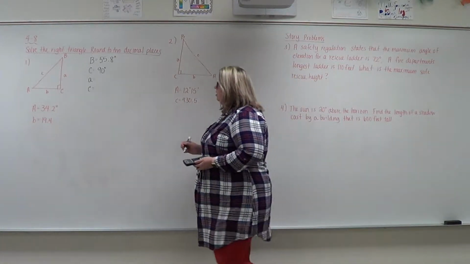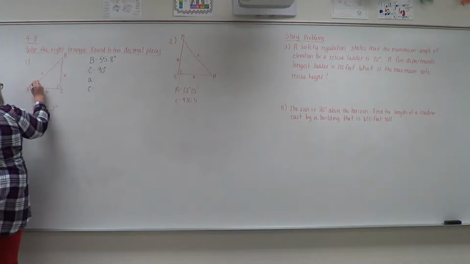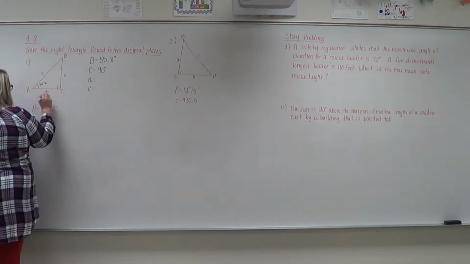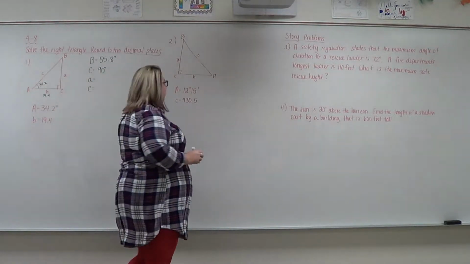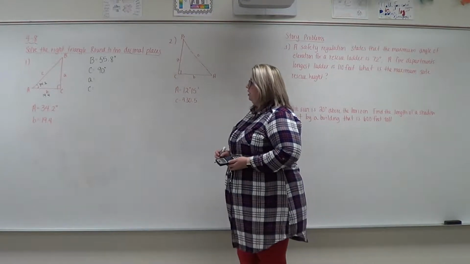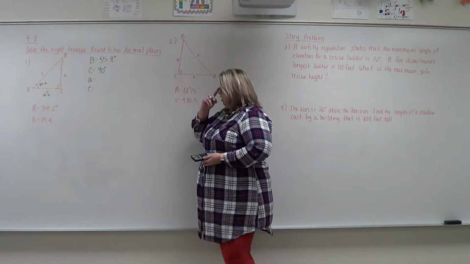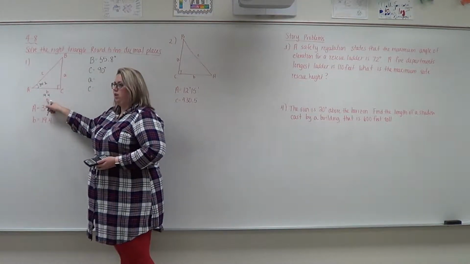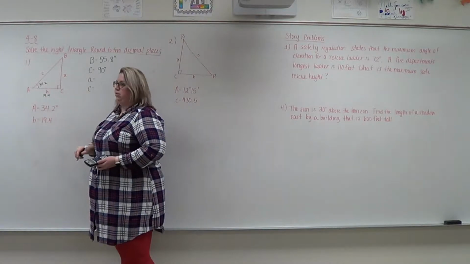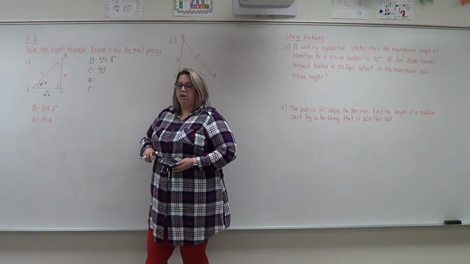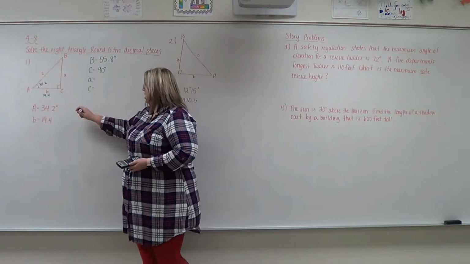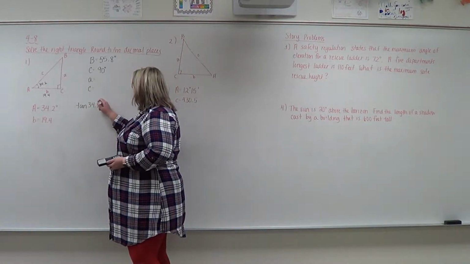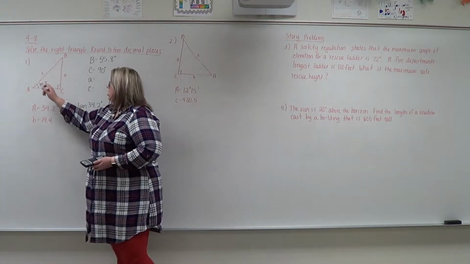Okay, now I'm going to label what everything is that we were given. Do you want to find side A or side C? A? Okay, so if I want to find A and I have this angle, I have the adjacent and this would be the opposite. What goes with it? Sine, cosine, or tangent? Tangent, because tangent is equal to opposite over adjacent. Good. So the tangent of 34.2 degrees is equal to